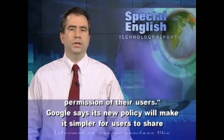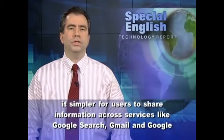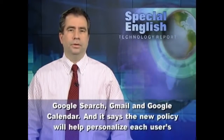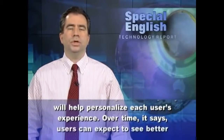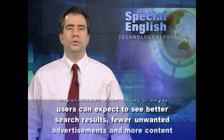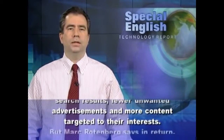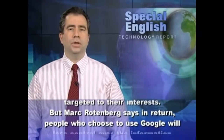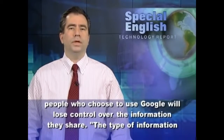Google says its new policy will make it simpler for users to share information across services like Google Search, Gmail, and Google Calendar. And it says the new policy will help personalize each user's experience. Over time, it says users can expect to see better search results, fewer unwanted advertisements, and more content targeted to their interests. But Mark Rotenberg says, in return, people who choose to use Google will lose control over the information